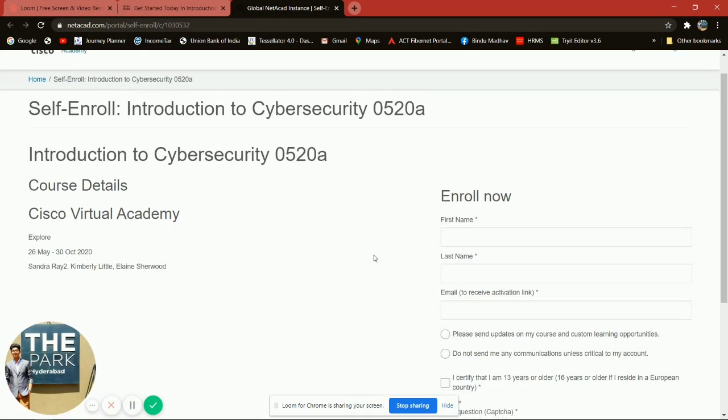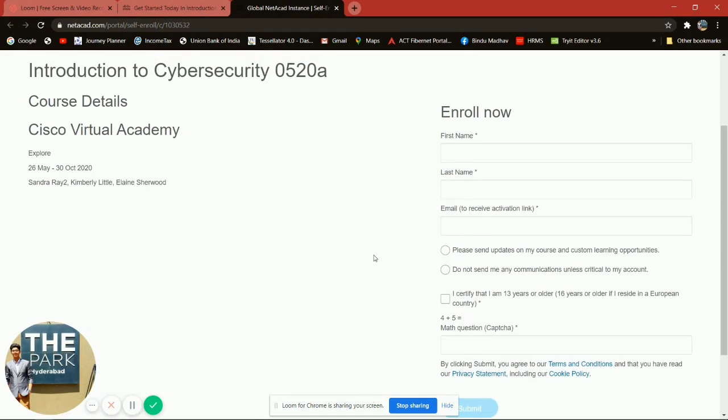Now you have to fill up the form. You have to fill up your first name, last name, and make sure you give your correct email, because they will be sending you an email verification. So please make sure that your email is correct, and you have to enter your captcha which is necessary.